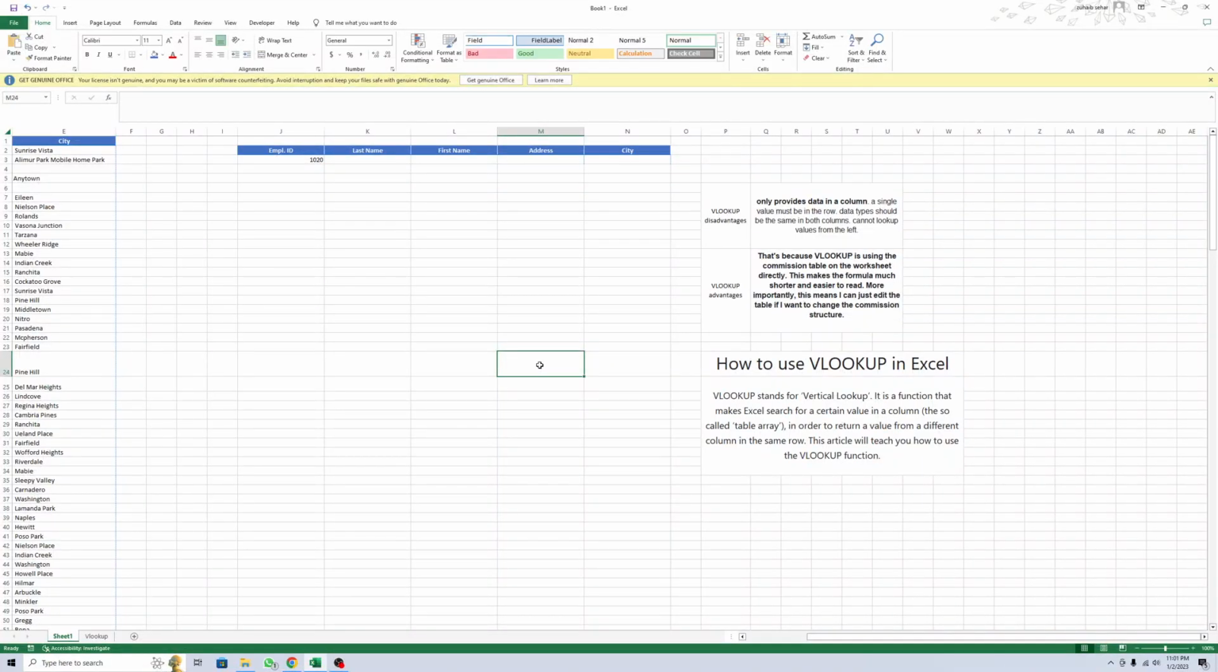This is Jahan. In this lesson, I will show you how to use the VLOOKUP function in Excel, and also discuss how to use VLOOKUP and its advantages and disadvantages. First of all, we learn how to use the VLOOKUP